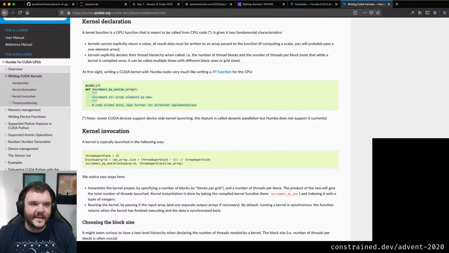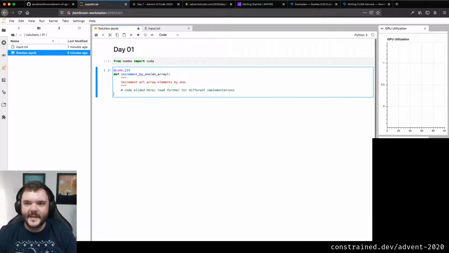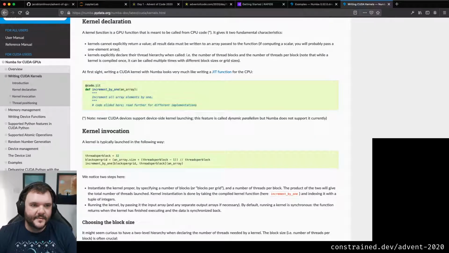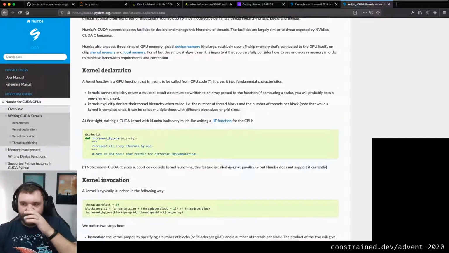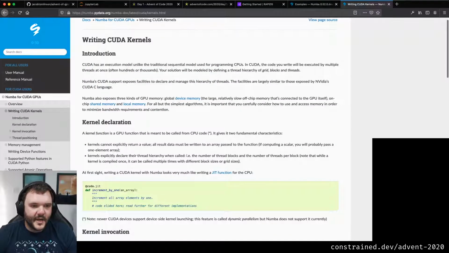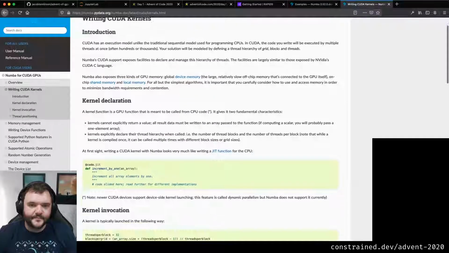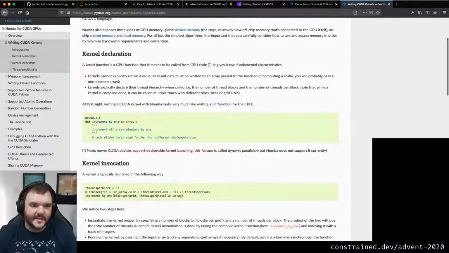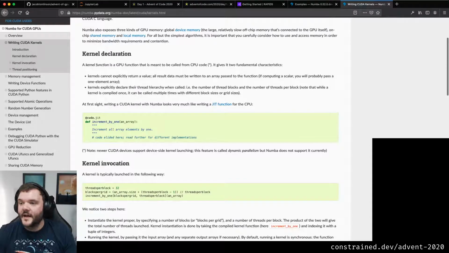Let's just copy these examples from the documentation. We'll work through from the beginning together. Probably the best thing to do, right? So let's not worry too much about the Advent of Code for a second. Let's just work through doing some CUDA stuff with Numba. So what we're going to do, let me read this to you. A kernel function is a GPU function that is meant to be called from the CPU. And it gives two fundamental characteristics. Kernels can't explicitly return, right? Because we're calling these functions